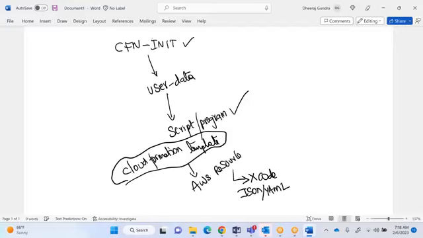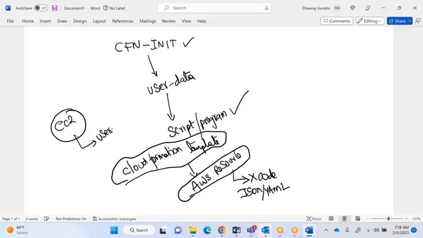But the problem here is, when you are creating an EC2 instance and you want to install anything, you are writing user data. User data is all about script and programming code. So now no need of writing any code.